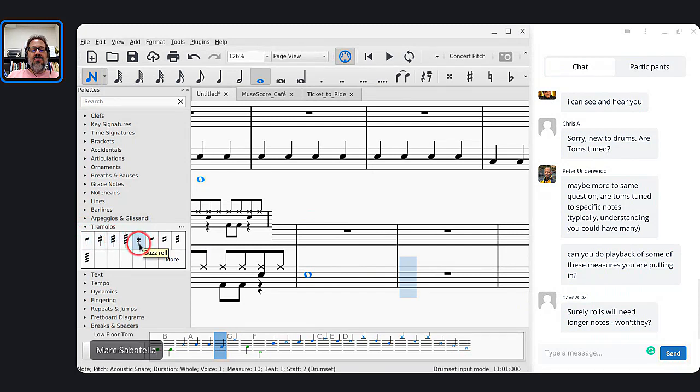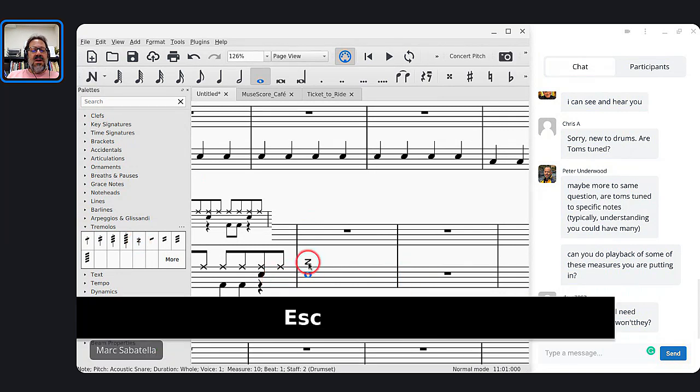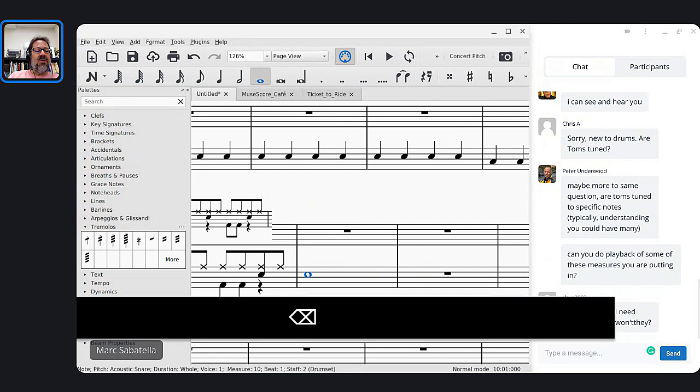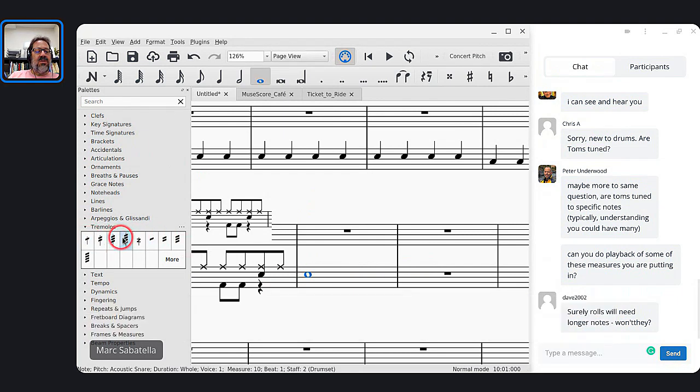Now, this is a buzz roll, which is a specific type of roll that's used in marching band music, and it only plays back when using the marching band extension. But there's also all these other rolls, and I'm just going to put in the fastest one I can so that it plays